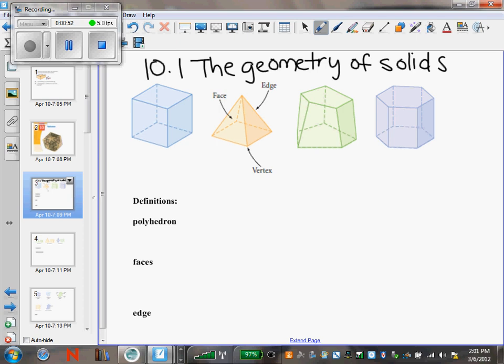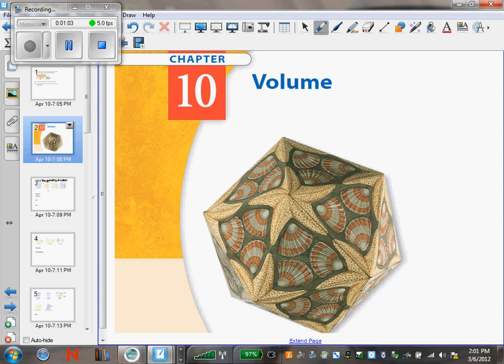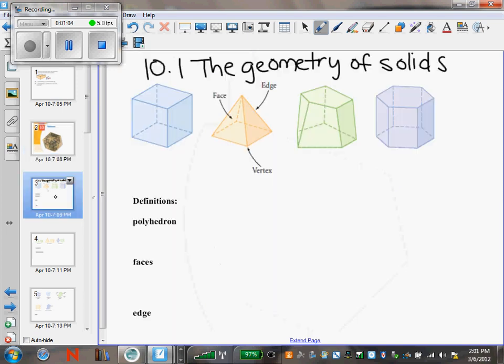So now we're going to define and look at these more closely. All of chapter 10 is on volumes. So instead of looking at the surface area, we are going to be finding the volume of all of these figures. So the first definition is for a polyhedron, which is a solid